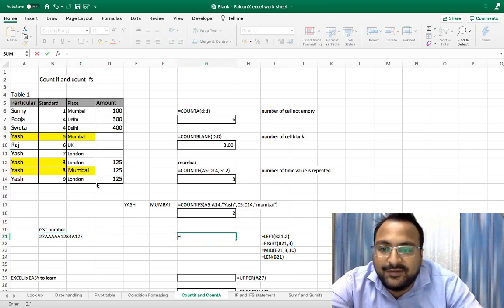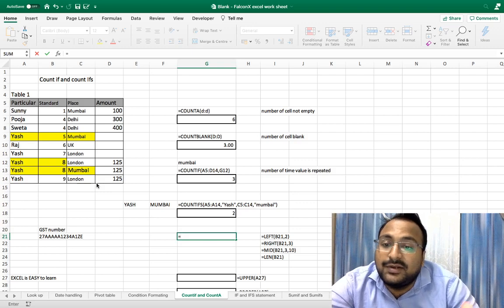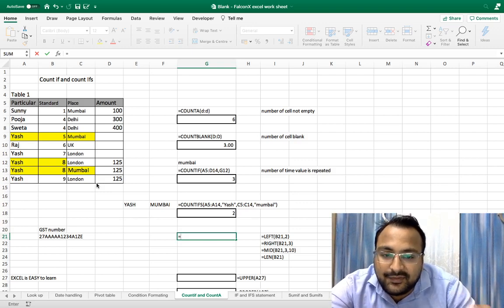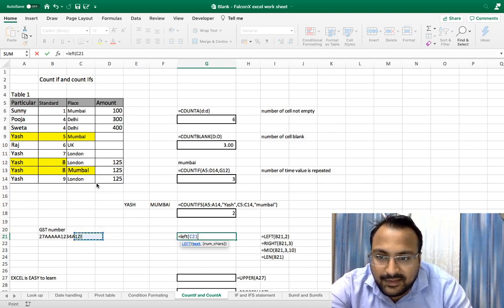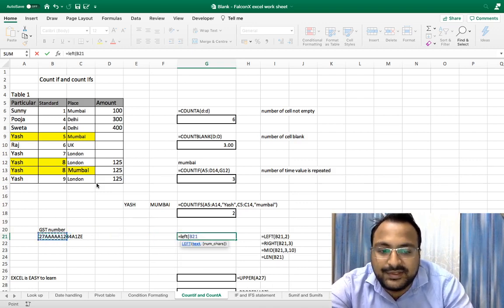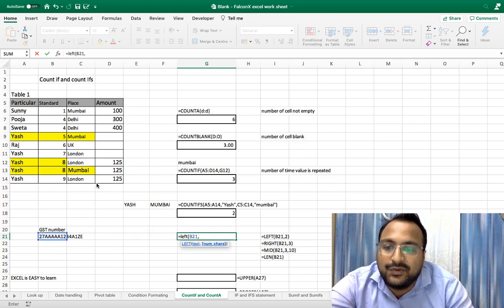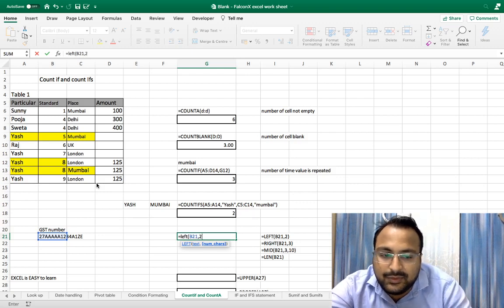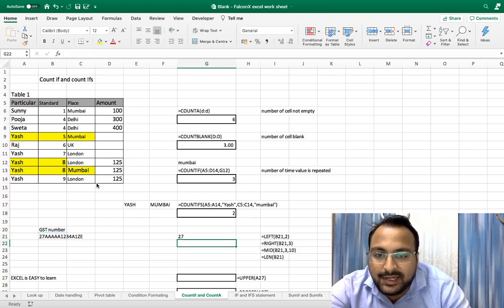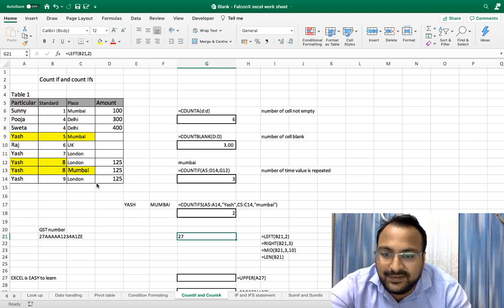If you want to find the first 2 digits, they are on the left, so you will use the LEFT formula. LEFT takes two arguments. First is the text, and second is the number of characters needed from the left hand side to right. Here I need only two, that's why I'm writing two, and bracket close. As you can see, we got 27.